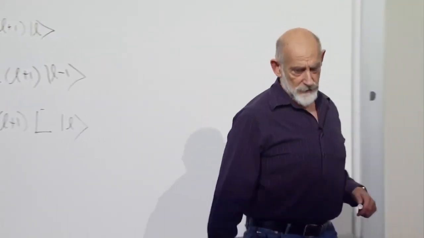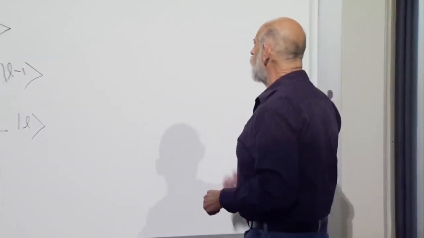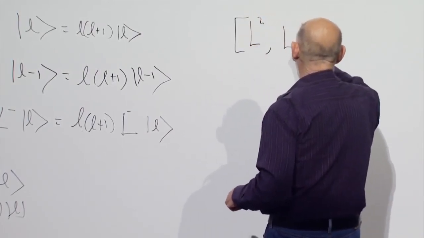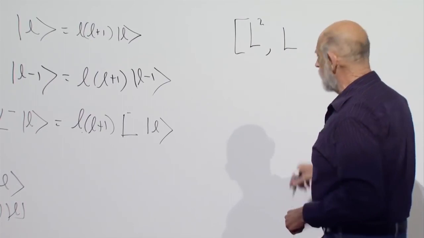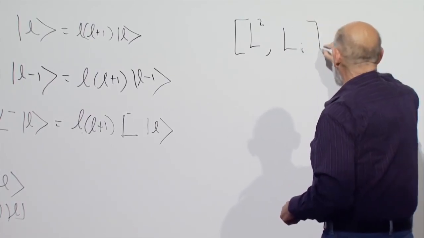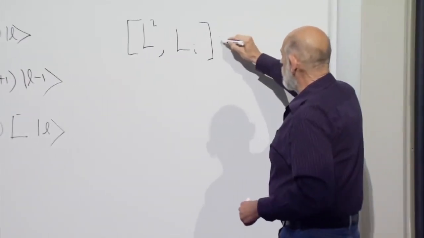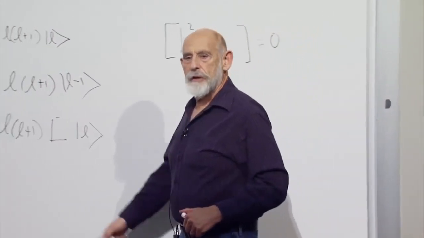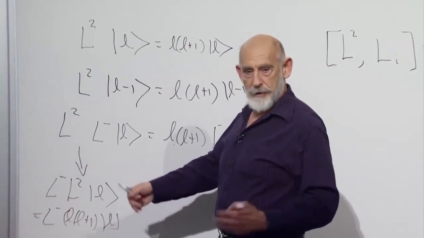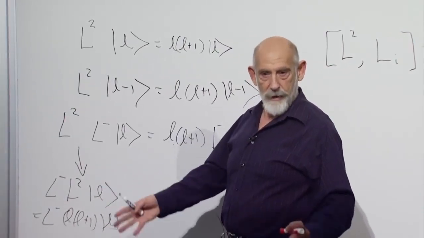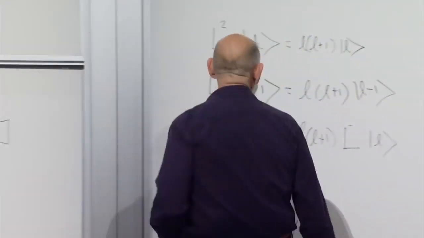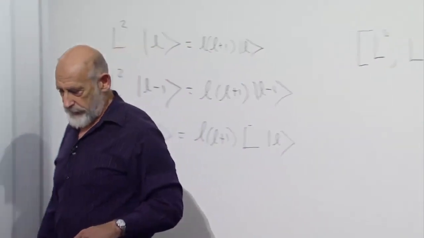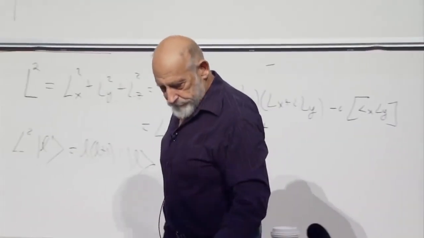Here's the exercise. The exercise is to prove that L squared commutes with any one of the components of angular momentum. Let's call it L sub i: Lx, Ly, Lz. If it commutes with any of the components, then it will certainly commute with L plus and L minus. L plus and L minus is just Lx plus or minus i Ly. So there's an exercise. Prove that L squared commutes with any one of the L's. All